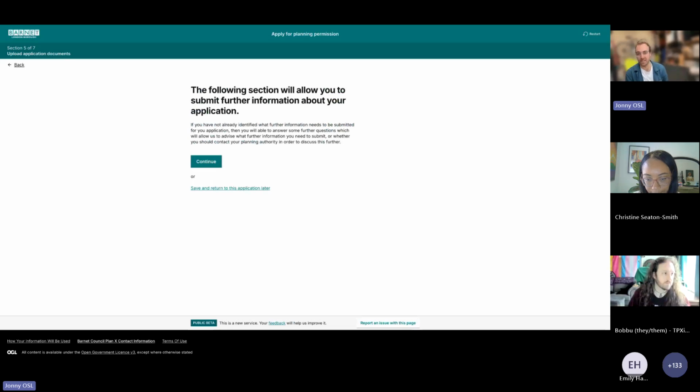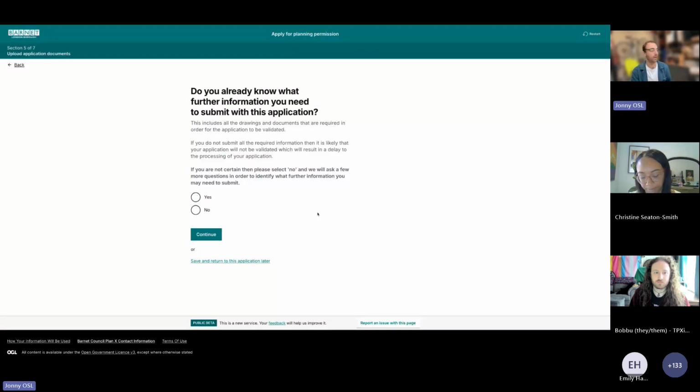So this notice is advising that the following section will allow me to submit some further information. As a householder in this scenario that hasn't applied for any pre-application advice, I might not actually be 100% sure on what documents I need to supply, but equally, I may have already looked that up. I might have done my research, or I might be an agent who's very familiar with the requirements. So you're given the option here to say, yes, I do already know what further information I need to submit, or no, I don't. If I select no,